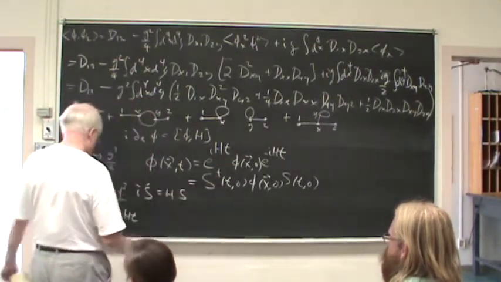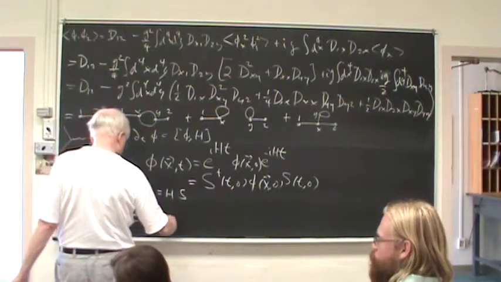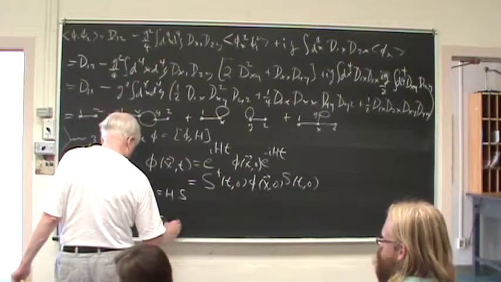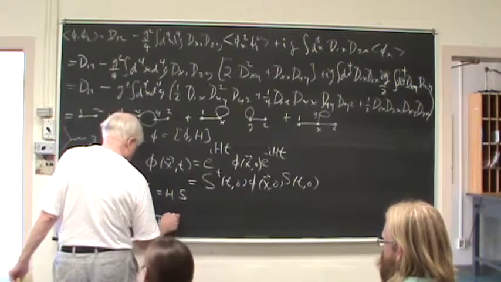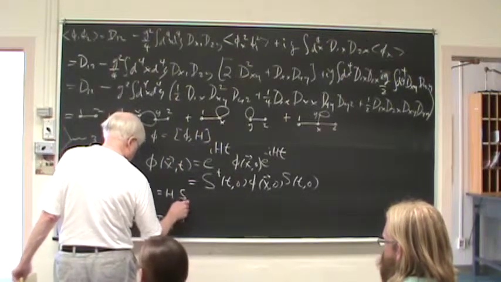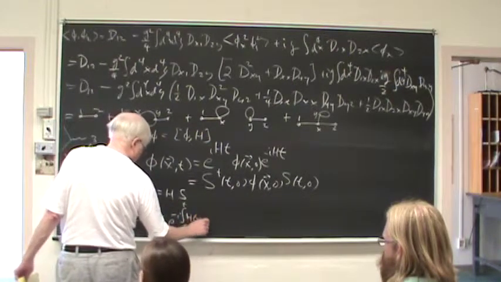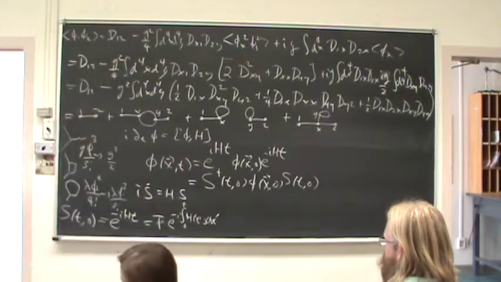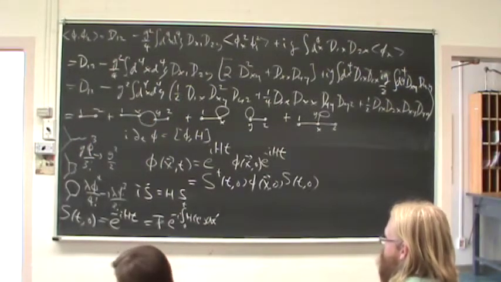So the more general description would be the time-ordered product of e to the minus i integral from 0 up to t of H of t prime dt prime. But I think that's kind of